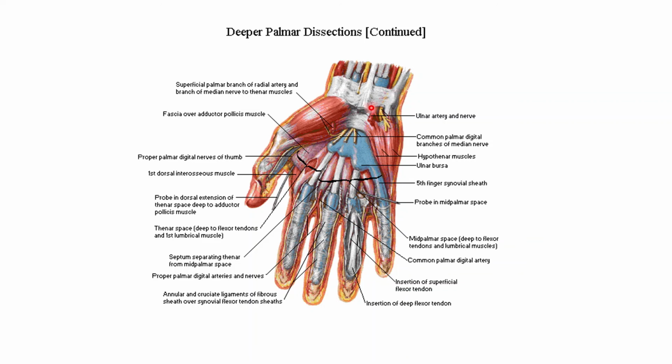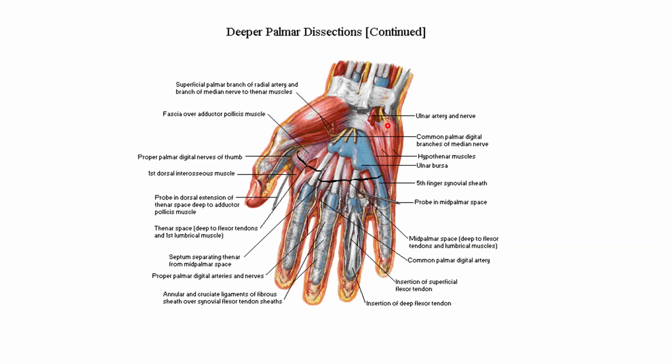The muscles of the hypothenar eminence, that is the abductor digiti minimi, the flexor digiti minimi, the opponens digiti minimi, and the subcutaneous muscle, the palmaris brevis, are all supplied by the ulnar nerve. Out of these muscles, the palmaris brevis is supplied by the superficial branch of the ulnar nerve, whereas the rest of the three hypothenar muscles are supplied by the deep branch of the ulnar nerve.